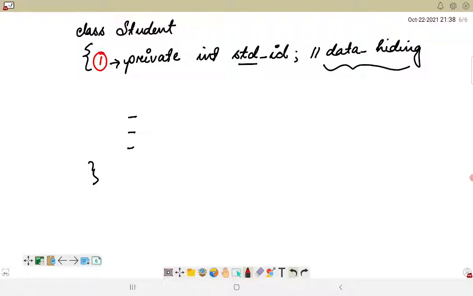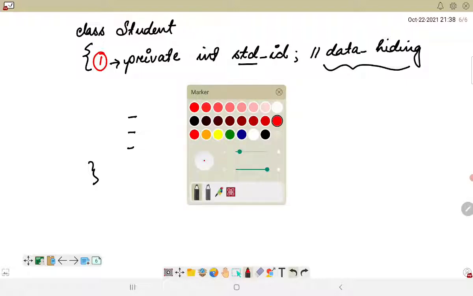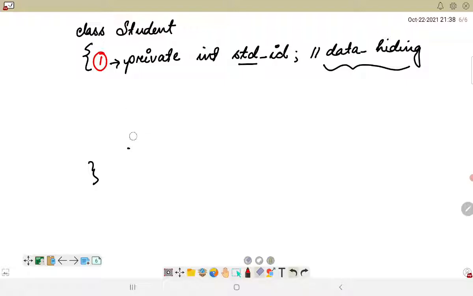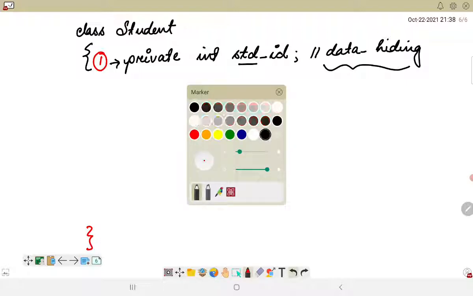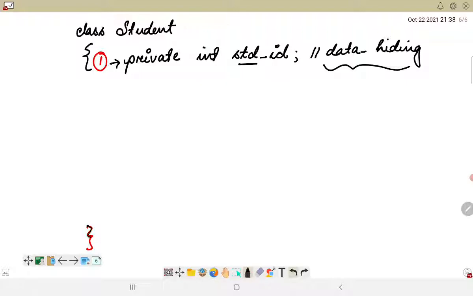Okay, the next is I have to associate two public methods, which is setter and getter, in order to modify it and read it. So the next one is I will be introducing the setter method. And these two are public methods. Okay, public void